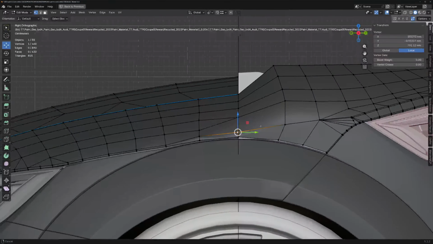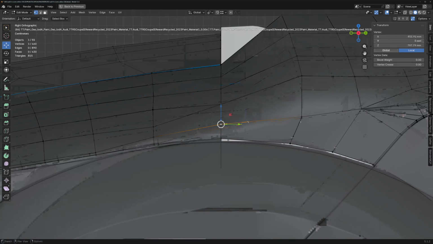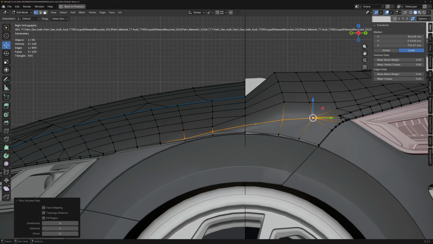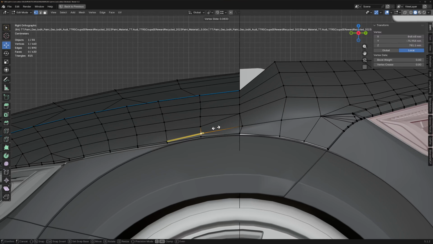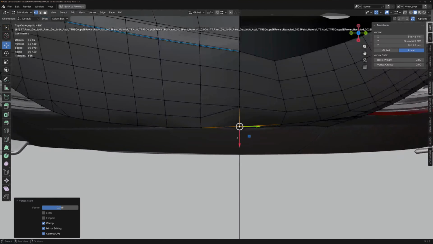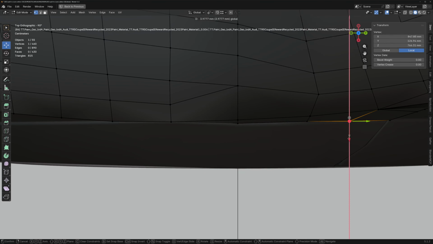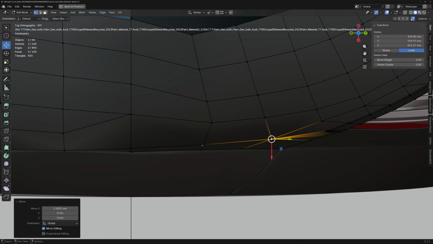Okay, so zoom in. Let's go up. Let's change that to 0. And then we're going to use the relax tool to get that to go around more smoothly. Pull that one out and that one as well. Okay, and then